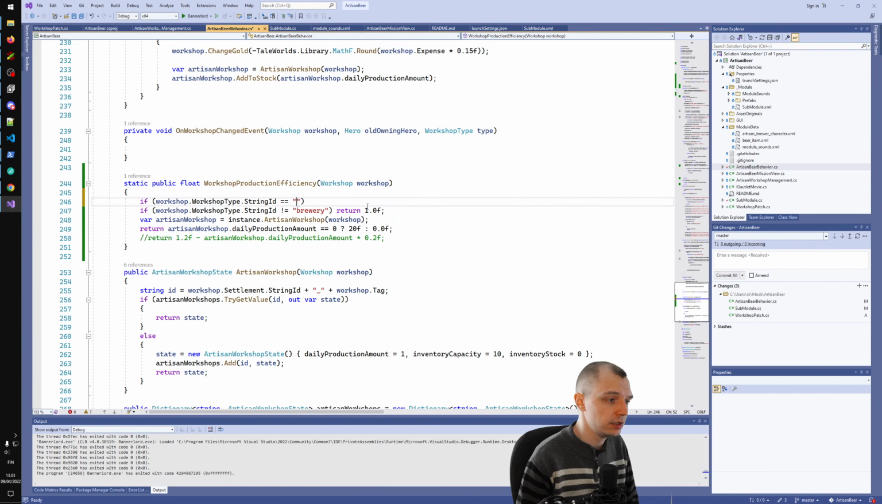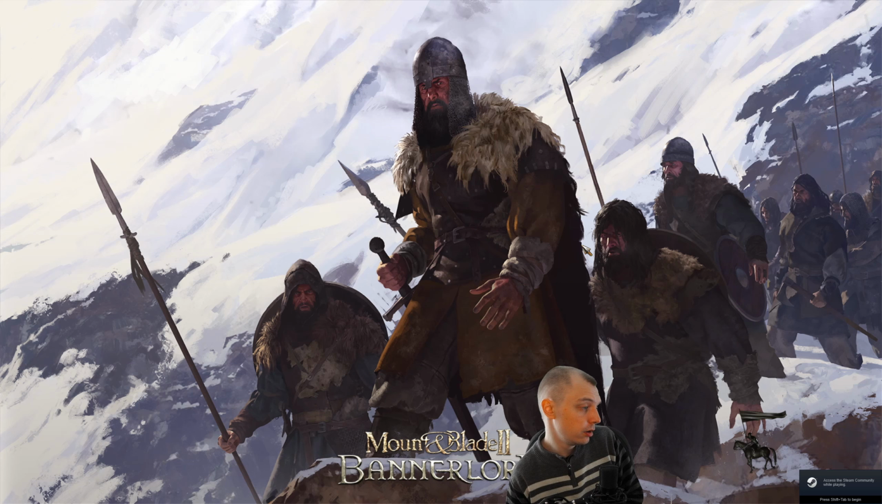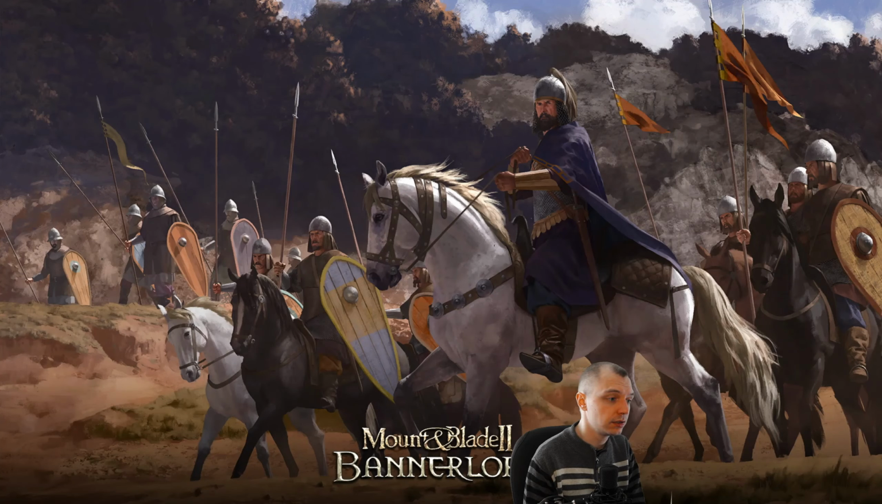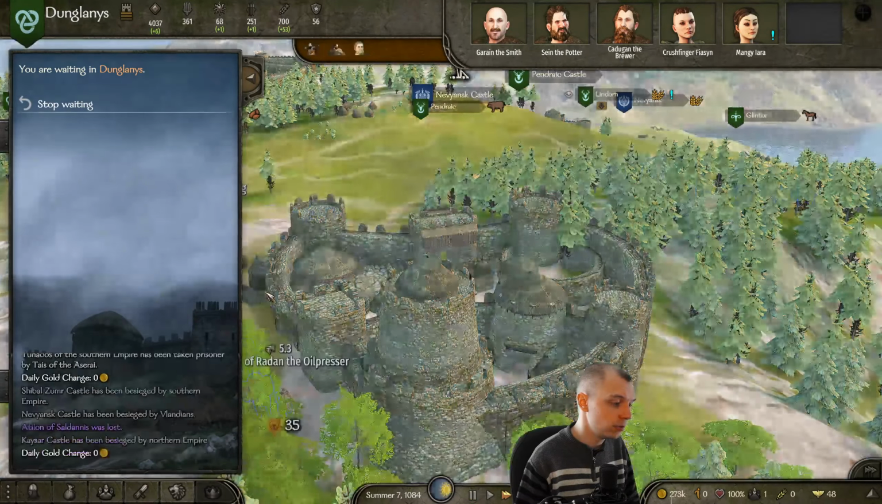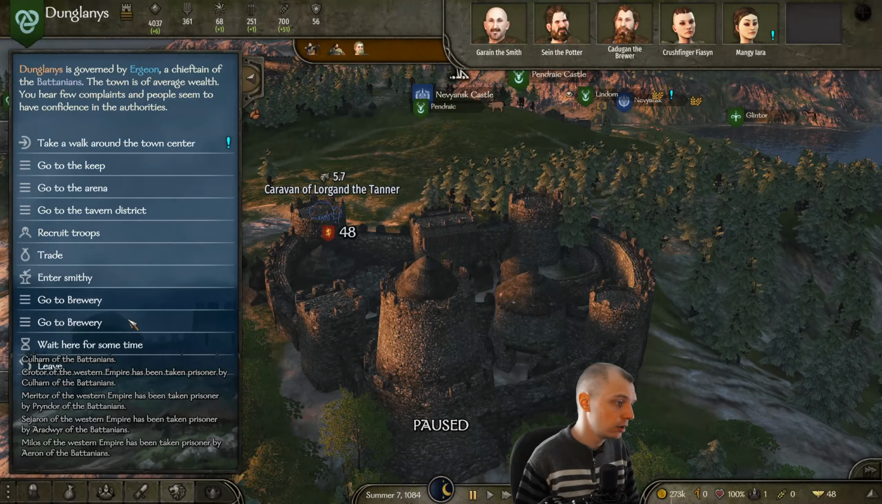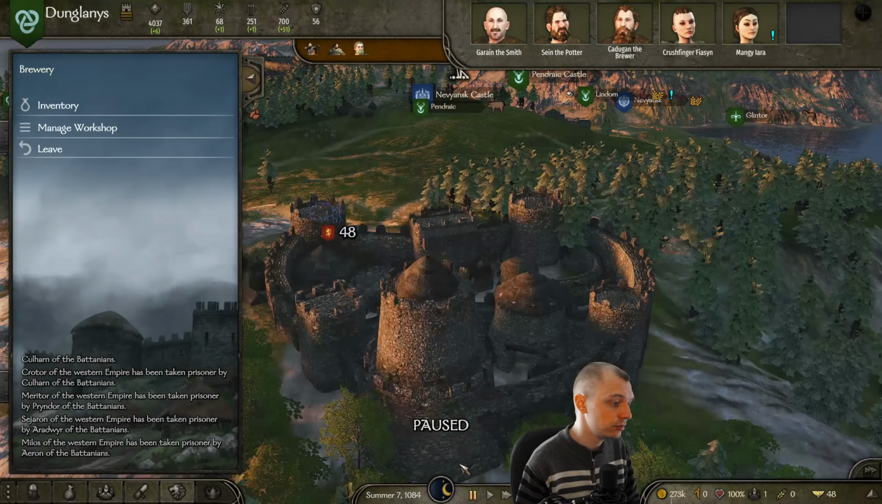So while we are testing, let's set the artisan's production to 0 so that we can easier see the output just from our breweries. So now there should be no beer production unless I set manually one of my own workshops to producing 0 artisan beer per day. So now you see there is no beer being produced anywhere. If I go into my brewery and manage workshop, set this to 0,